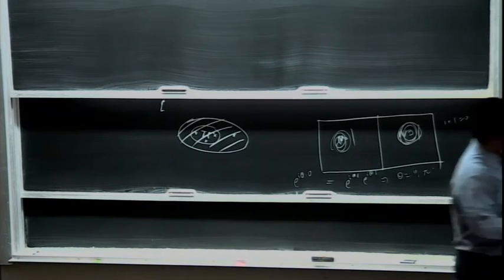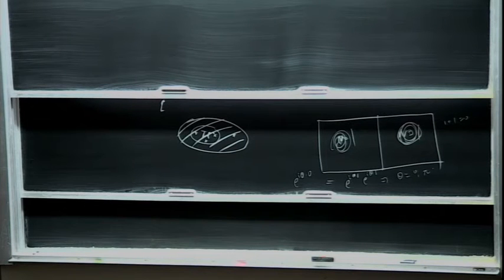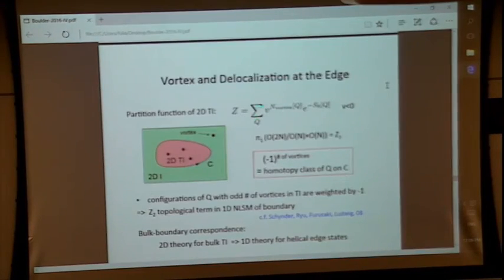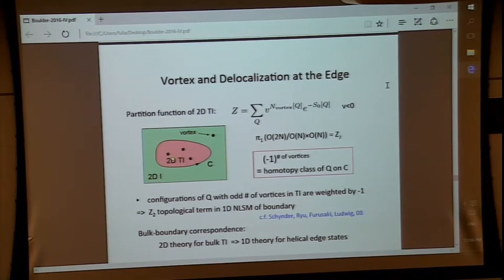So these two are exactly tied to each other. The fact that the vortex fugacity is only negative in the TI region implies that only when there's an odd number of vortices in the TI region, it gives you a negative contribution to the partition function. And in that case, there's also this winding at the edge. Yeah, I think I'm not explaining it very well, but hopefully. So you see, this is exactly the bulk boundary correspondence. That when there's a negative contribution to the partition function for this setup, there has to be a non-trivial winding on the edge. And that also implies there's an odd number of vortices in that TI region. The two are exactly